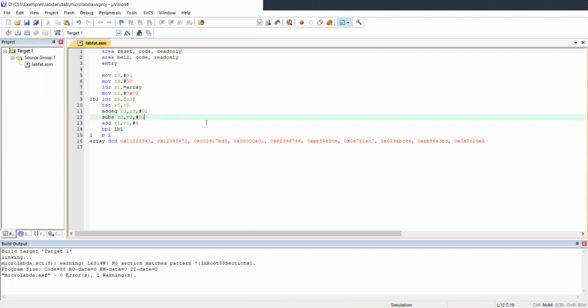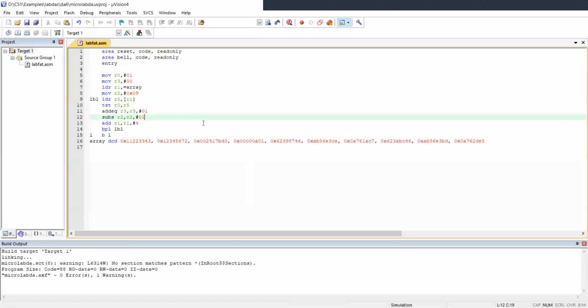Yeah, the program is to find the even numbers in the array. Step 1, we load 1 in R0, the starting address of the array in R1, and the number of array elements, 9, in R2. R2 is a counter. In step 2, we add the start label and load the first element using the address in R1 into R5. In step 3, the TST instruction does a bitwise AND of the array element and 1, and TST will set the Z flag